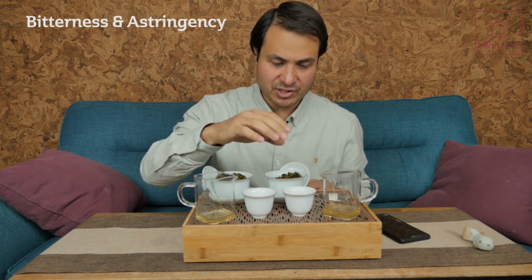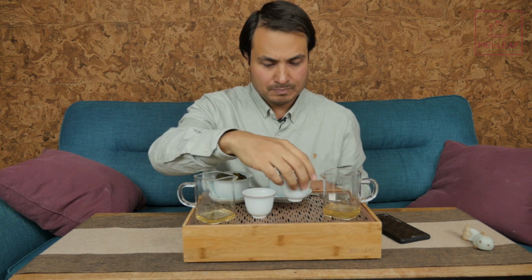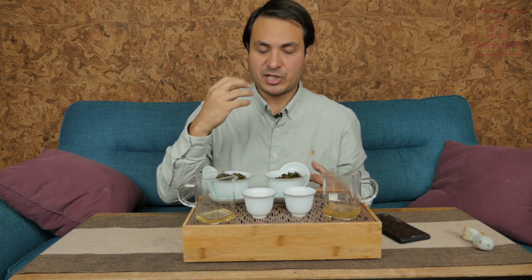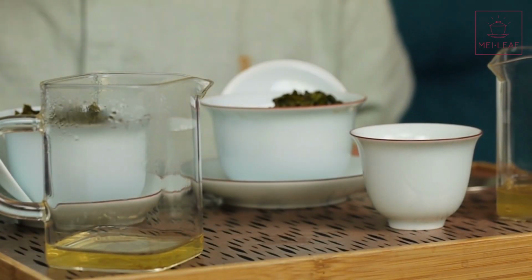Let's move on to bitterness and astringency. 15-second one. I don't get any bitterness really, and I get a slight astringency. It's dry, but kind of clean dry, and nothing particularly extreme. The 45-second one,